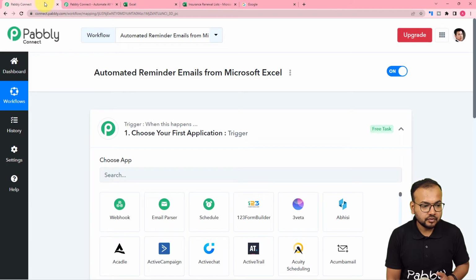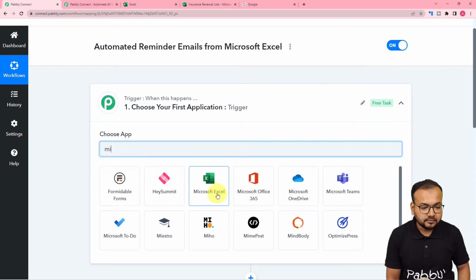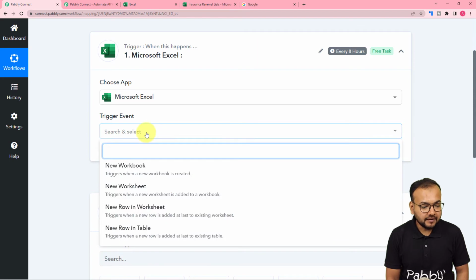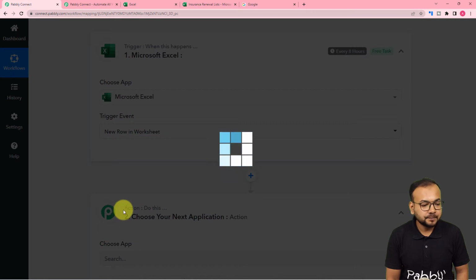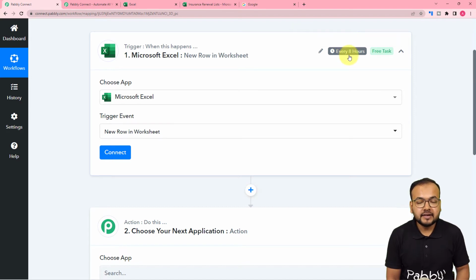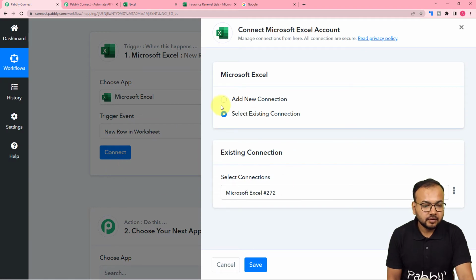First of all, let's connect our trigger app. Search for Microsoft Excel here. Here it is, select it. In the trigger event, you have to select this new row in worksheet option. Select new row in worksheet. Here you can see it is showing every 8 hours. So this trigger is going to check for new details every 8 hours. Whatever details you are adding, this workflow is going to check every 8 hours and start this workflow. Okay, so click on the connect button,